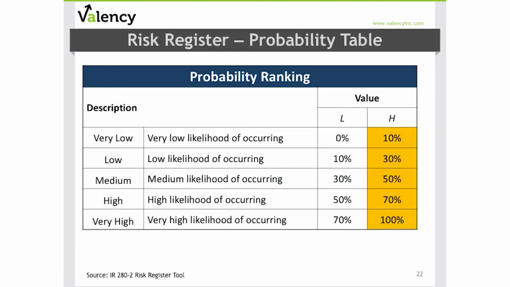The second pre-configured component in the risk register template is the probability table. Again, we have 5 levels with default low and high values provided as guidance derived from CII research. In both impact and probability tables, the ranges can be configured to meet your specific risk assessment parameters.